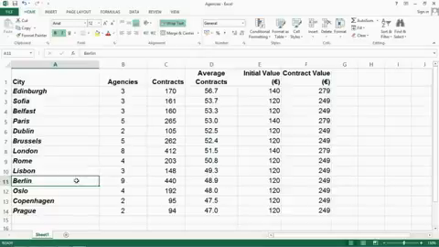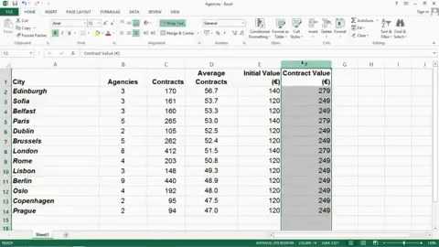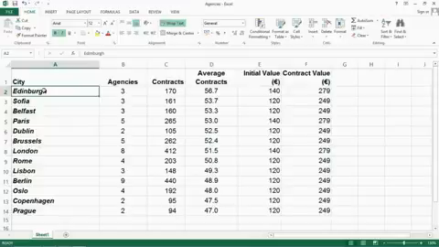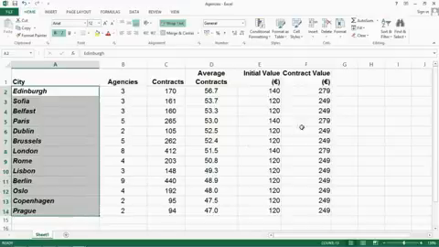Now if I wanted to select two different ranges together, for example the cities and the contract values over there in column F, I'm selecting column F there, but I only want the values within column F. So first of all I'll select the cities again, run down as far as Prague. Now I hold my control key down, move over to the first cell that I want to select, in this